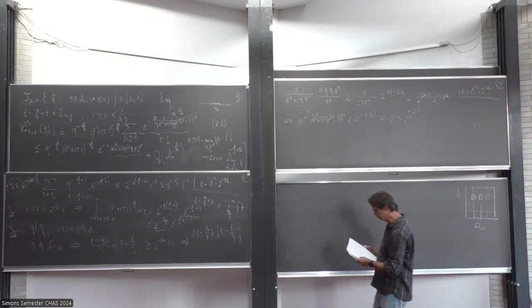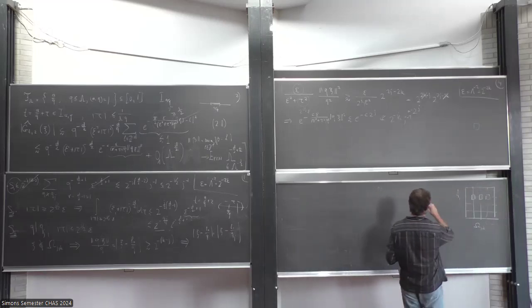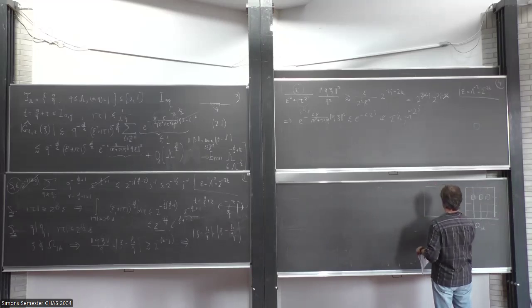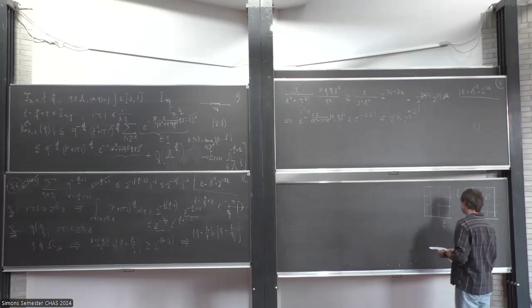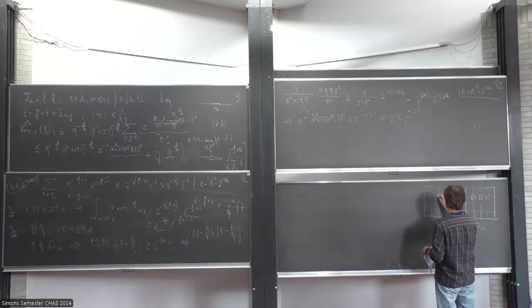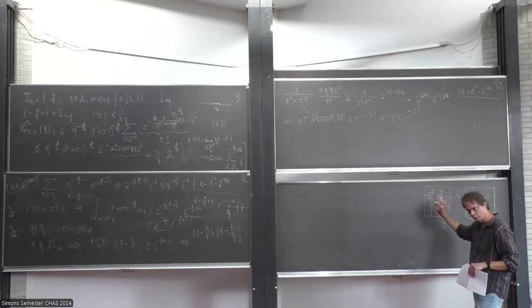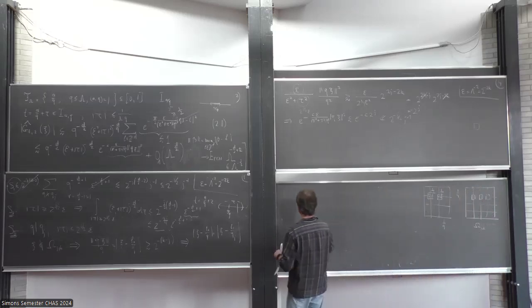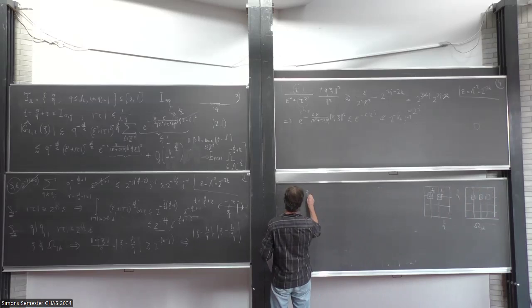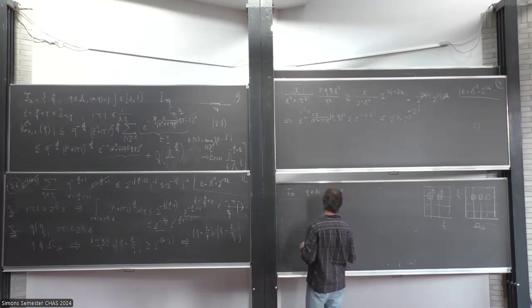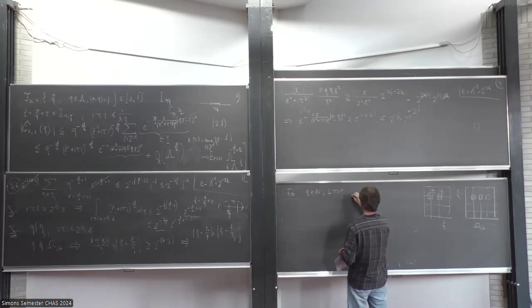So in general, if I want to define a smooth version of a neighborhood of a grid of size 1 over Q, and then you put small neighborhoods of size 1 over L around each point, you define a function whose Fourier transform is essentially just a smooth version of this neighborhood. So for a given number Q and L, which is much bigger than Q, define the following function.